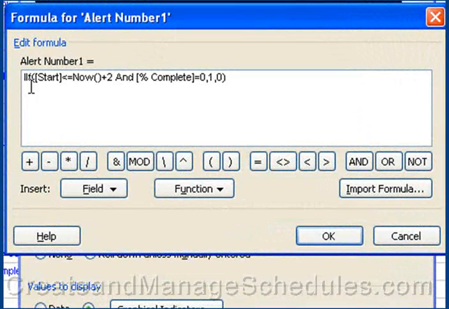What it does is it looks to see if the start date is less than today's date plus 2. So that means if the start date is less than or equal to now plus 2. So that means today's date plus 2 days, that's today's the 12th, so that would be the 14th. So if it's less than or equal to today's date plus 2 days, and the percent complete is 0, meaning it hasn't started, then I return the number 1,